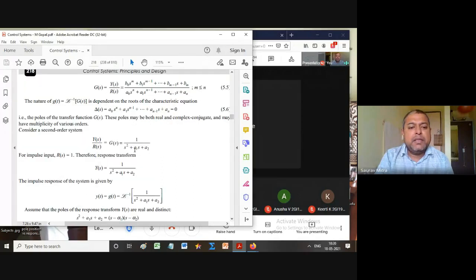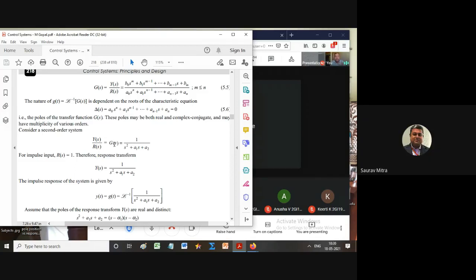So here they have taken the example of a second order system. Generally, I gave you the example of a first order system. That is Y(s) by R(s) is equal to G(s). So here you can understand what is G(s). Our G(s) for block reduction and all those things was only the forward path gain, but for them, G(s) is Y(s) by R(s). So don't get confused. So G(s) is equal to 1 by s squared plus a1 s plus a2. I gave you the example as 1 by s plus 5. Here s plus 5 equal to 0, that is, the denominator polynomial equal to 0, is called the system characteristic equation.